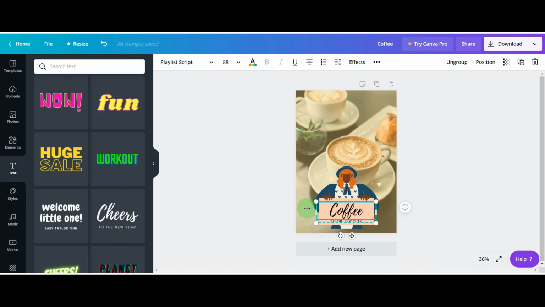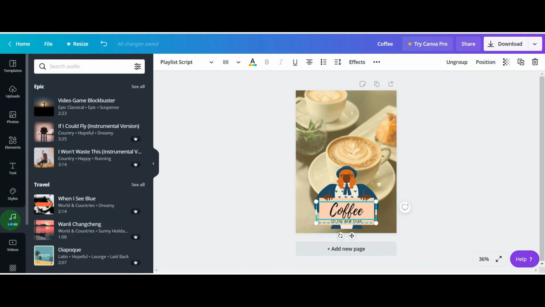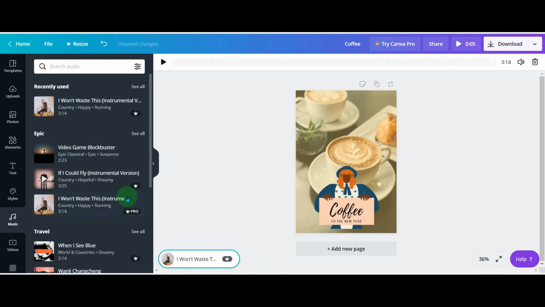Once you have your text in your image, you can choose something else like music. You can add music. This will also be a paid option.